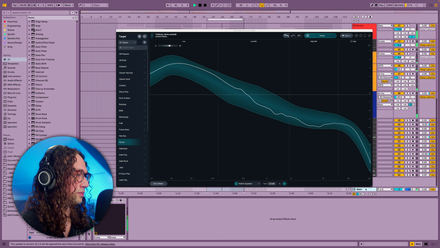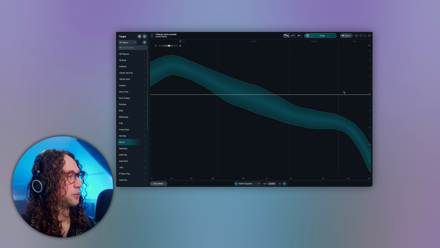So that's a great way to take a look at your mix and really narrow down which of the instruments you should be paying closer attention to in terms of the balance. Now, wouldn't it be great though if we could add in EQ straight from this plugin? Well, we can. So if we play this one more time here,